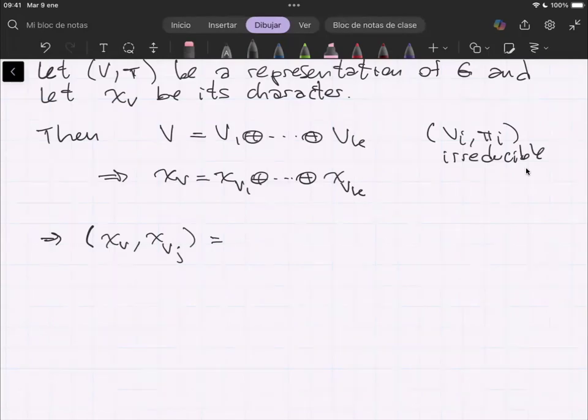So the inner product divides into the sum, and we get one every time that Vi is isomorphic to Vj, and zero otherwise. So this gives us exactly the number of indices i such that Vi is isomorphic to Vj. So this is exactly the multiplicity